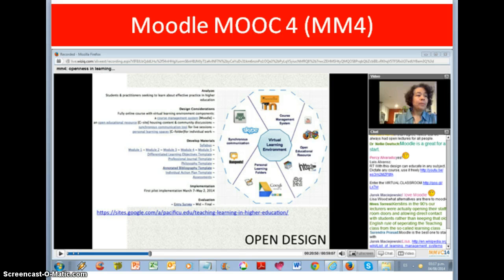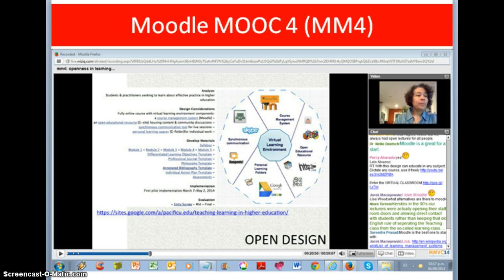Second, the design considerations for a fully online course using virtual learning environment components: a course management system like Moodle, an open educational resource such as Google Sites, housing content and community discussion, a synchronous communication tool for live sessions such as WISIC, and personal learning spaces, for example Google Drive for individual work.